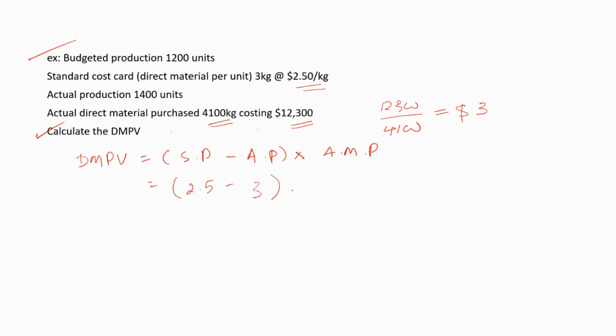So 3 multiplied by actual material purchased, which is equal to 4,100 kilograms. This is equal to negative $2,050. This means this is a $2,050 adverse value,